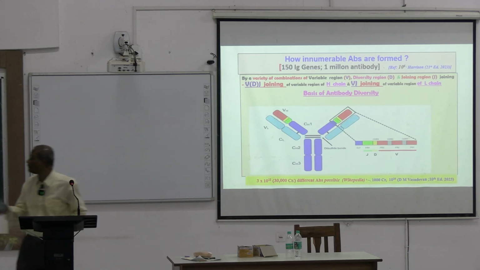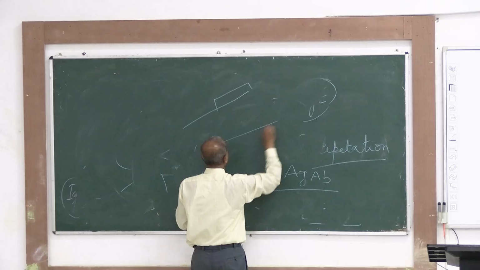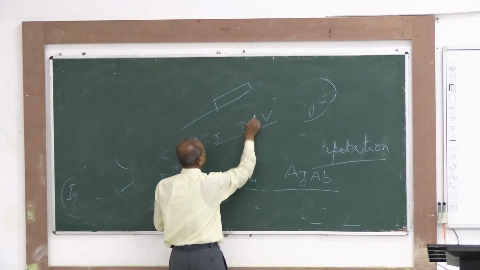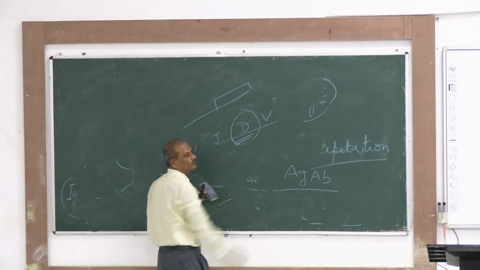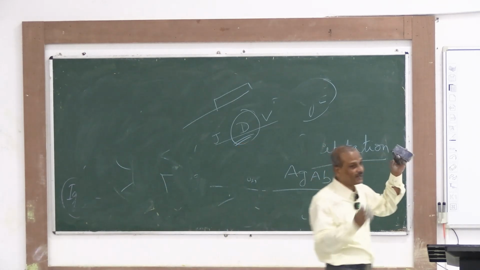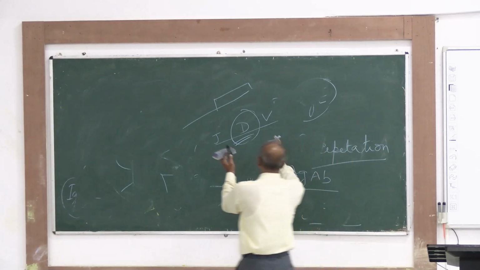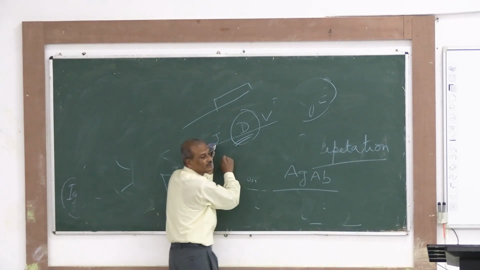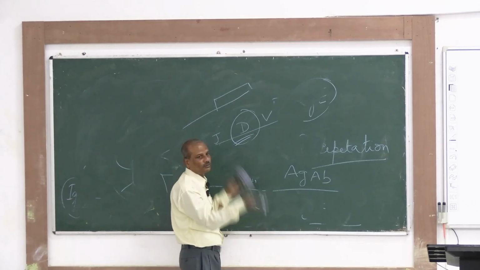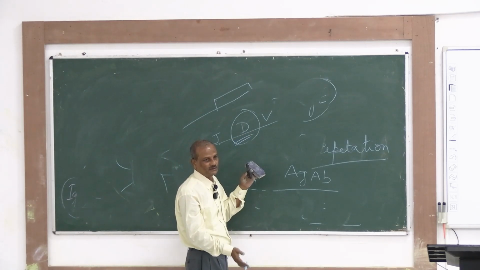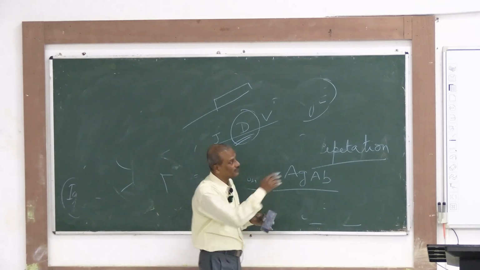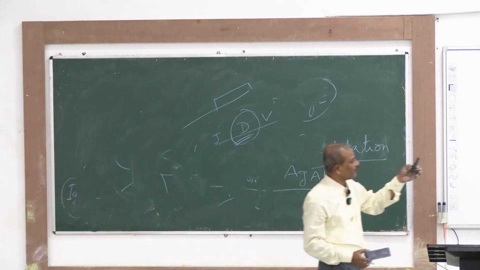This region, what we have said as V region, one is D, one is V, one is J. The diversity is basically due to this gene. D stands for diversity. Now there are 3 sets of genes, V, D, and J. There will be a combination of all these. Because a high number of genes are there, they will make combinations and produce a variety